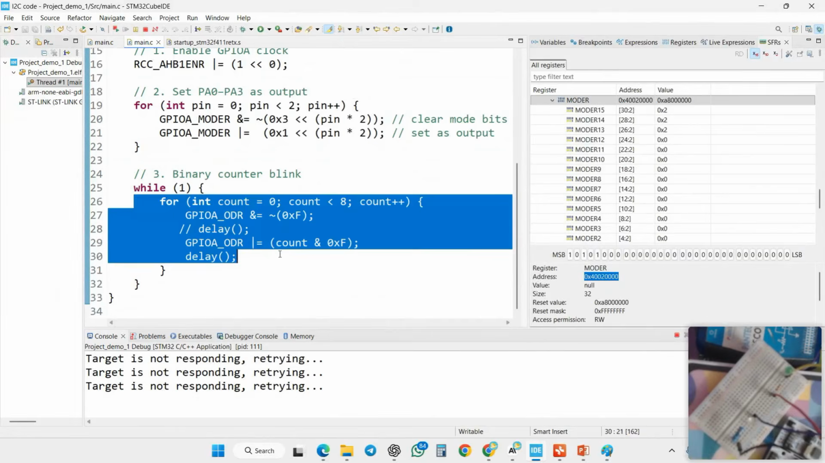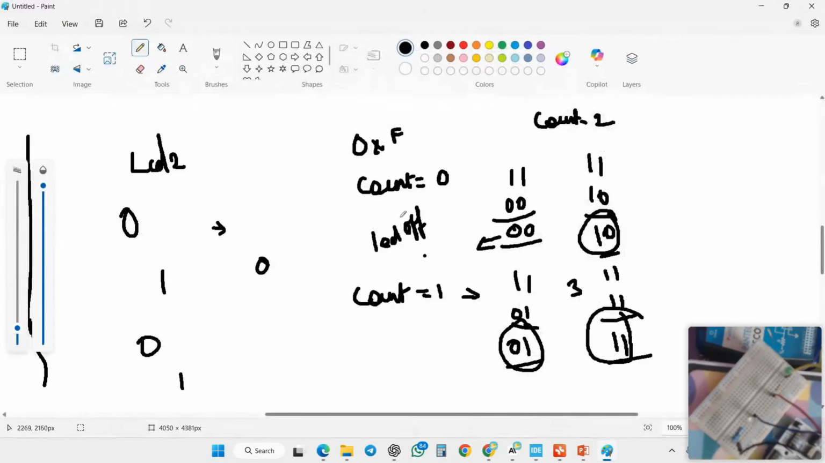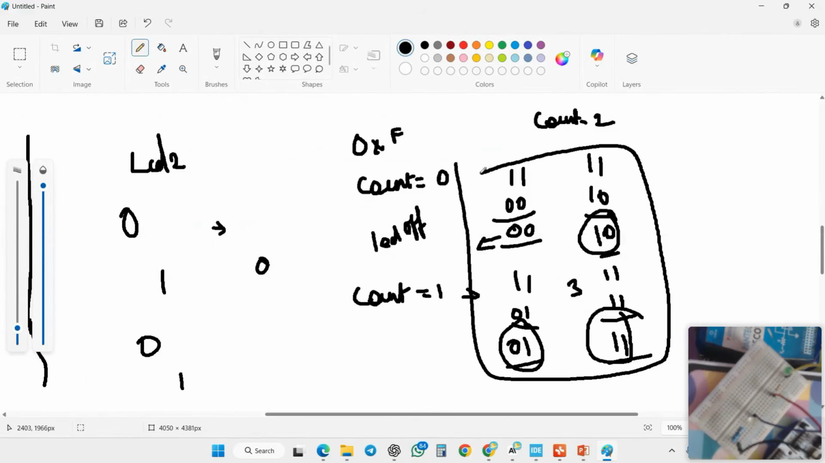Here count means I have 2 LEDs. I'm implementing the logic of 2-bit data. If you want to implement the 8-bit logic,